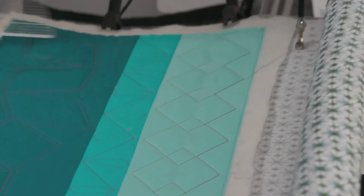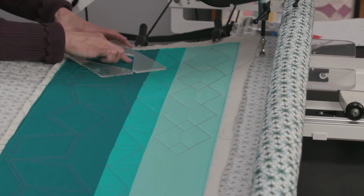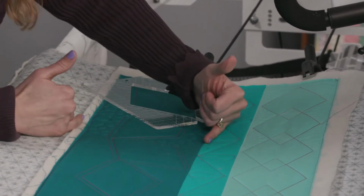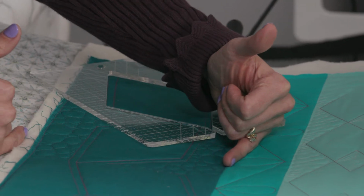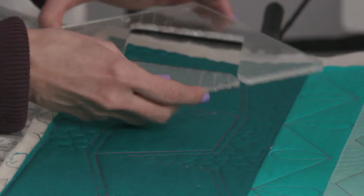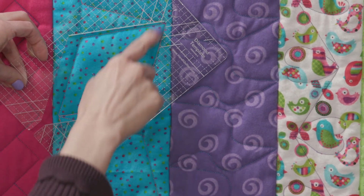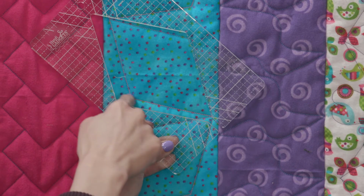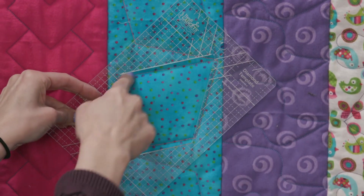Okay, let's look at this one right here. This was really fun. I like doing this one. I had a larger border that I could play in. I didn't have to be limited to just go one direction. So what I did is I put my ruler on an angle, stitched around the ruler, stopping here, rotating, and